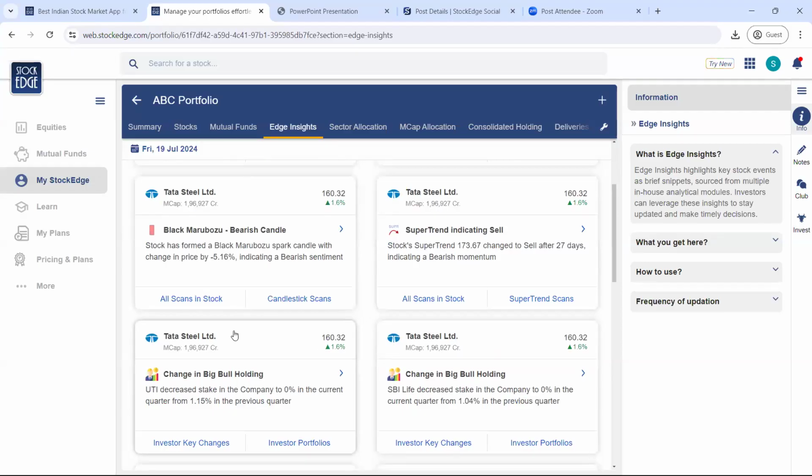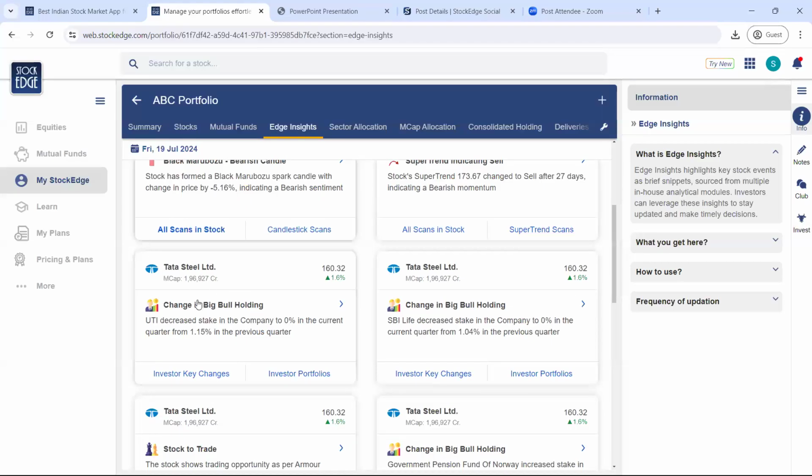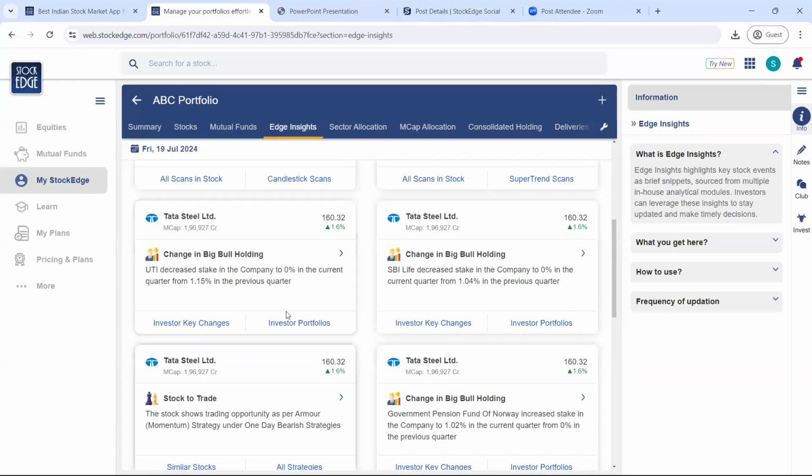So as you can see, today change in big bull holding, UTI decreased its stake in the company to 0% in current quarter, right? So this is a very important insight for this stock, right? So you need to know when the big bulls are entering or exiting your list of stocks. So that's why edge insights can give you very good knowledge about the stocks in your portfolio,